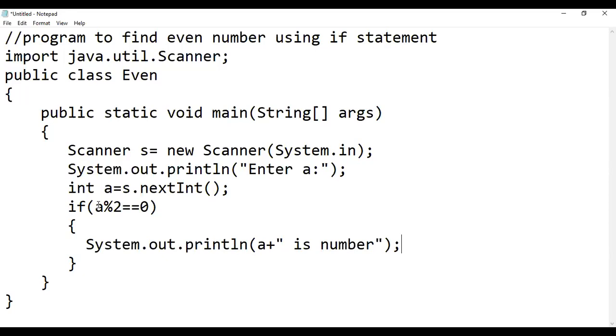So if a modulus 2, here I'm using double equal, because for an equality check we have to use double equal. A single equal is used to assign a value.